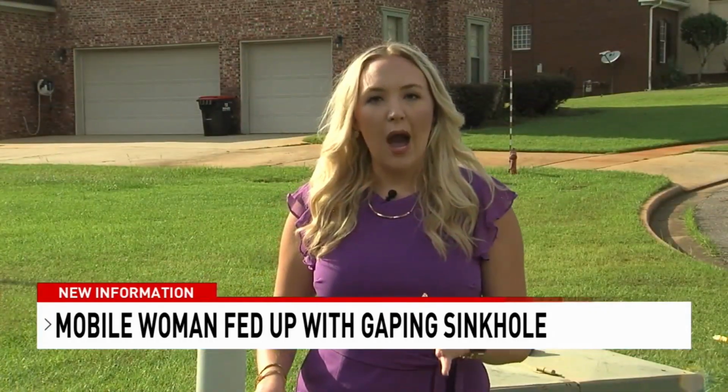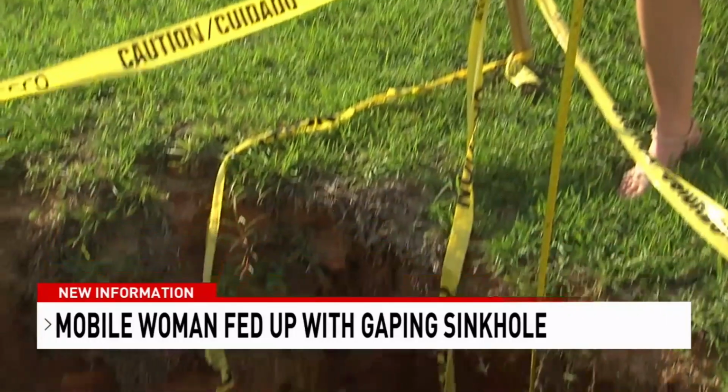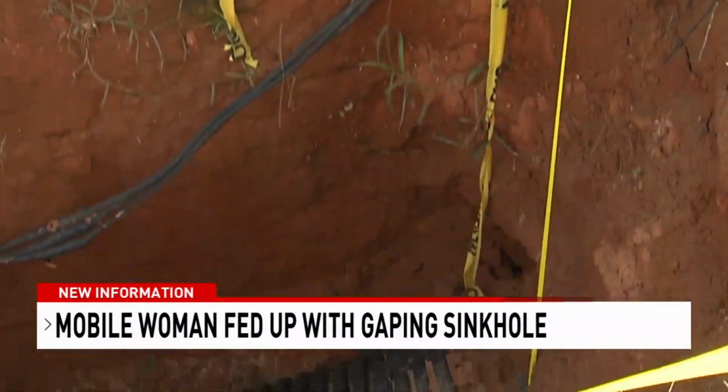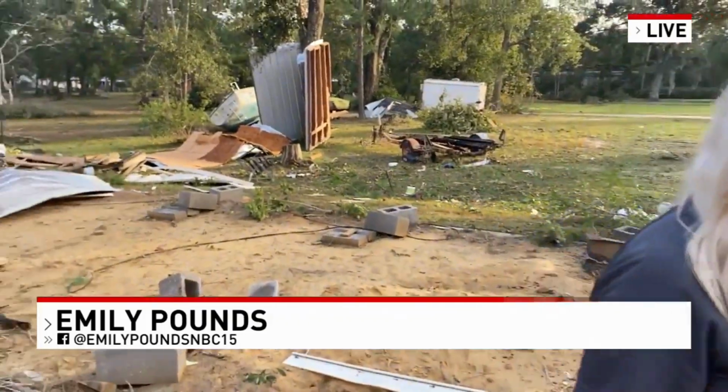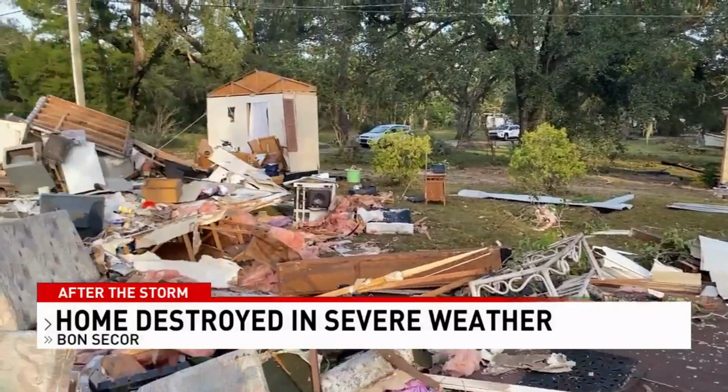Now let me just show you how massive this sinkhole is. I have a measuring tape inside, and not only is it 12 feet wide, it's also over 10 feet deep. It is, and now neighbors are trying to pick up the pieces. If you look behind me, you can see where a home was and how it was lifted off the ground